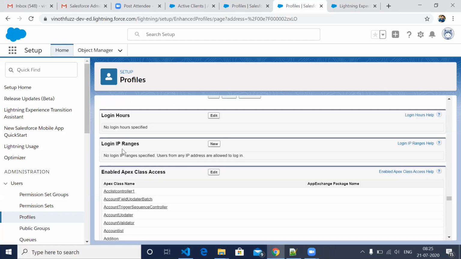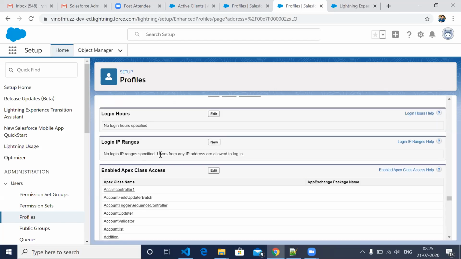And here you can give login IP ranges. This is how they control IP ranges. People are doing work from home, right? In software industries, when you try to log in from your own network, from your Wi-Fi, you will not be able to log in because they have IP restriction. They know their company IP, so you can only log in within company premises.